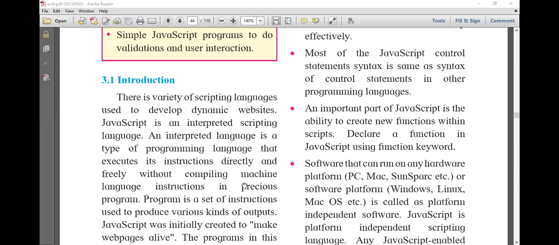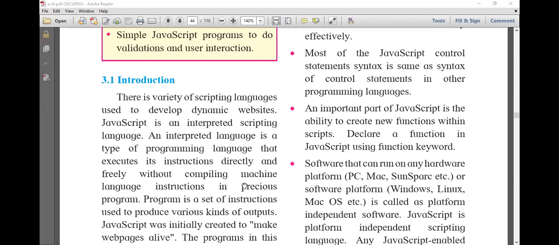When these HTML5 features were not available, at that time we had to do all these things using JavaScript. We had to validate our email using JavaScript. We had to validate that a text box should take a number, a mobile number. If anybody entered any character in the number, it should give an error, so we had to write code in JavaScript for that validation.